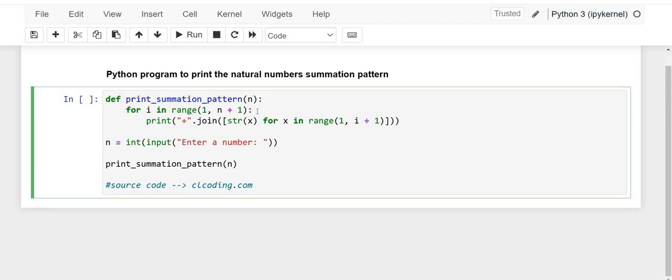Now, in the next line, this loop runs from 1 to n inclusively to create each line of the pattern, where each line includes numbers from 1 to i. Now, in the next line here, range(1, i + 1) creates a range of numbers from 1 to i inclusively